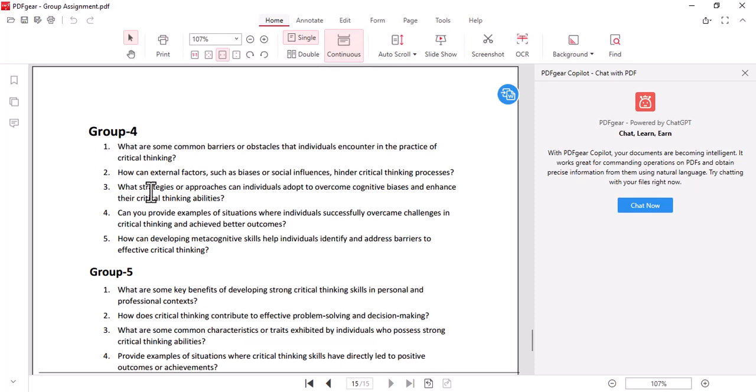Like groupthink that discourages individuals from expressing their thoughts, and confirmation bias that prevents individuals from critically evaluating different perspectives. The other one is authority bias that focuses on the source rather than the contents. And so, how can developing metacognitive skill help individuals identify